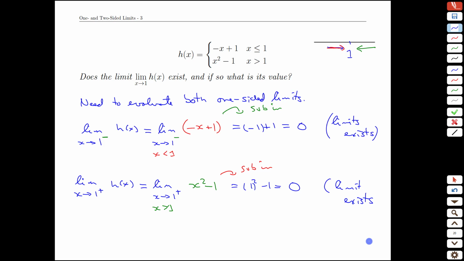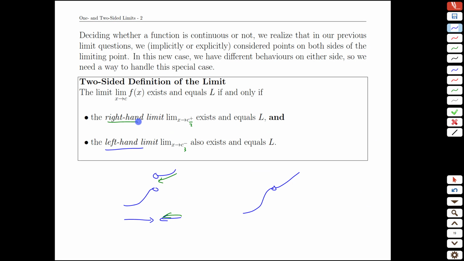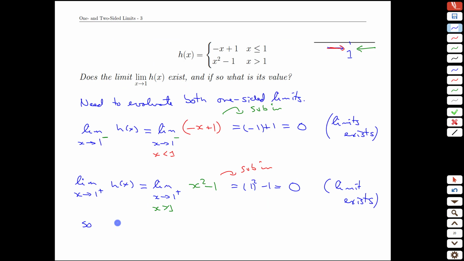All right, let's go back to our definition for a moment. We found the right-hand limit exists and equals some number. Here it's 0. We found the left-hand limit exists and it also equals 0. If both of these exist and equal the same number, then we can say the overall limit exists as well. And so the two-sided limit as x goes to 1, it's not a big notation difference, but there is a conceptual difference, of our function h of x